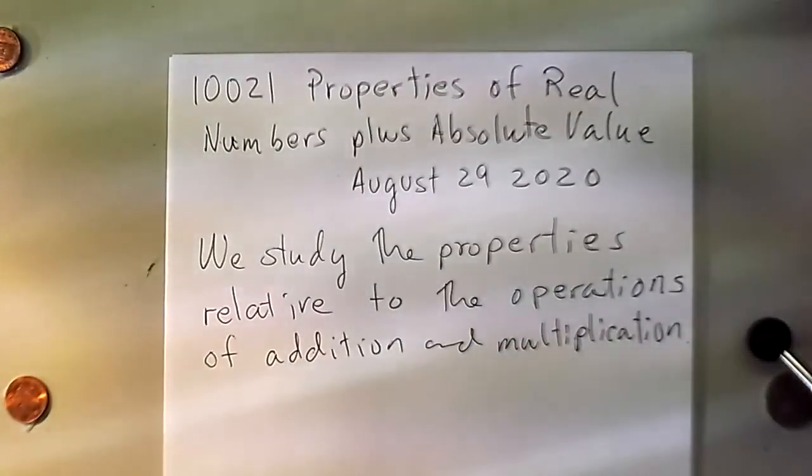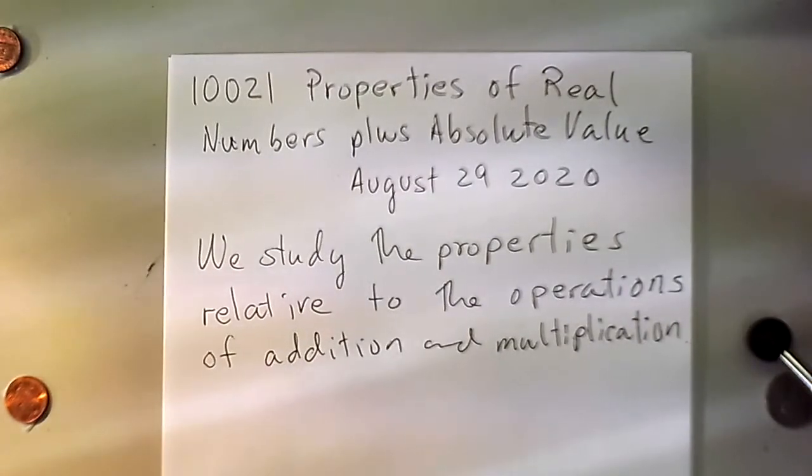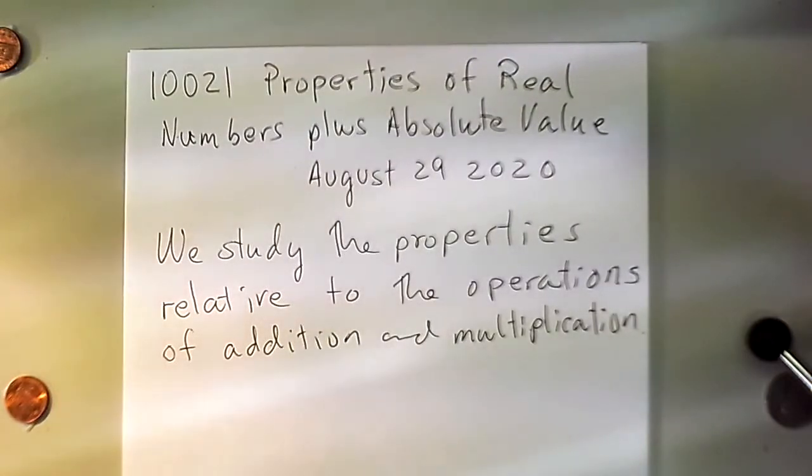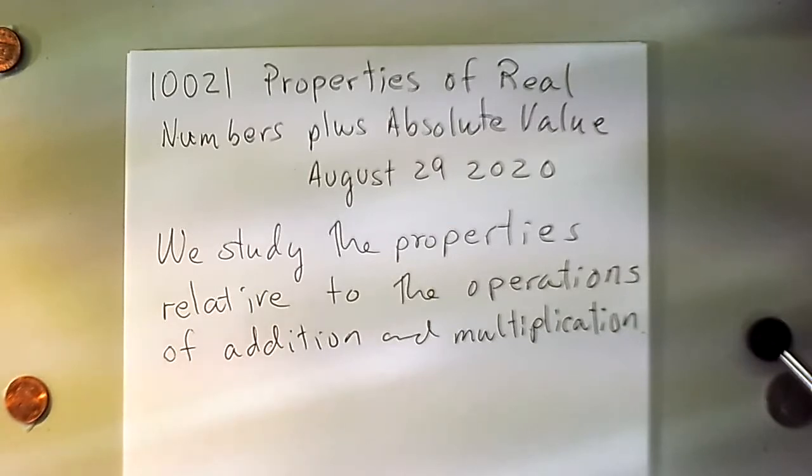Okay, you have probably read the properties of real numbers. You can find them in just about any algebra book. Commutative property, distributive property. Although I have to be more specific when I say commutative property, I mean of multiplication or of addition. Distributive property, there's only one, from multiplication onto addition. You can read them from any algebra book.